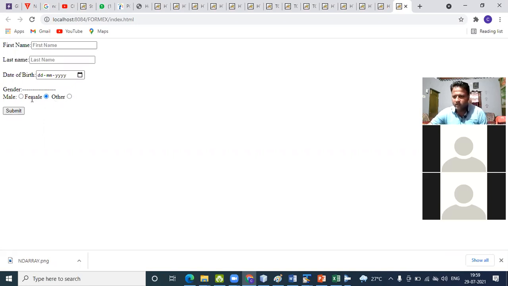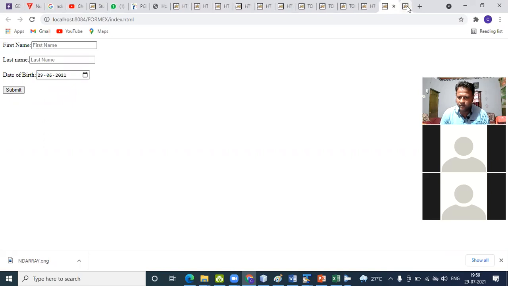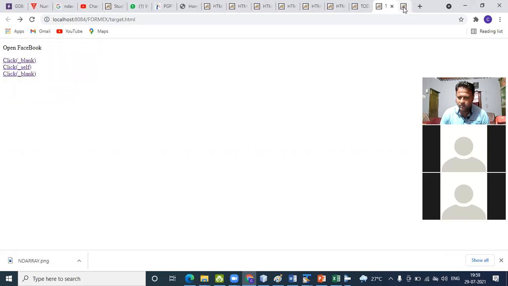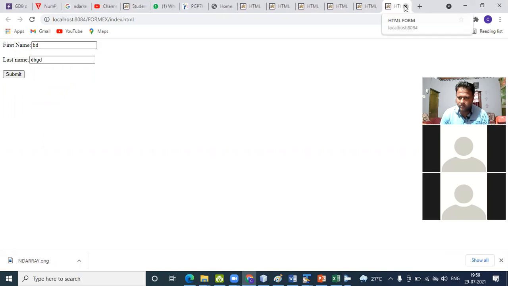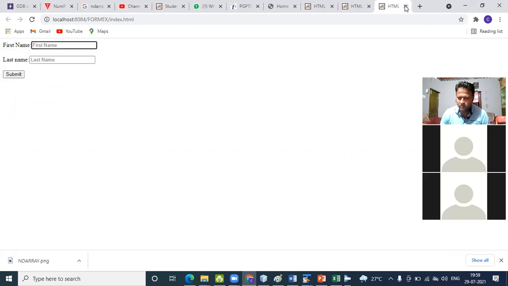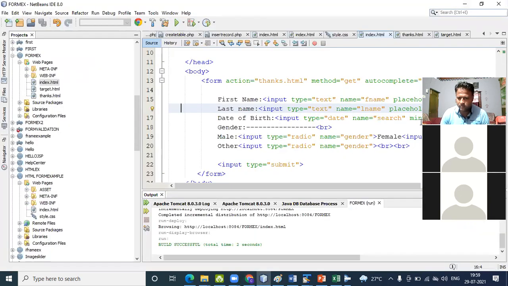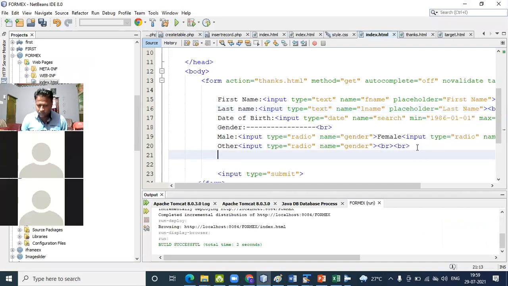Okay, then we have to pass again mobile. Mobile input type is equals to tel.